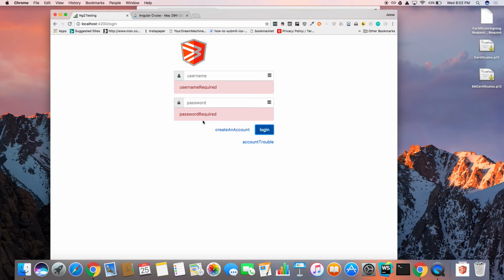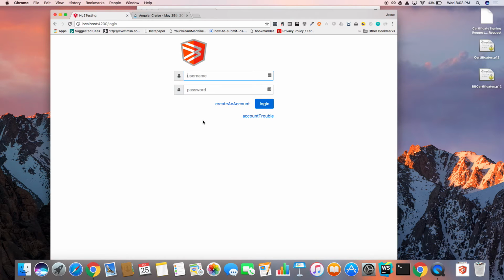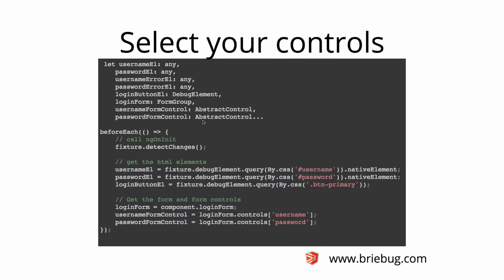However, the key thing here is those don't actually exist. Right now, they're gone, and I'm not able to select those because they're ngIf'd into the form. So I can attempt to select them now. However, they're null. There's nothing there. So